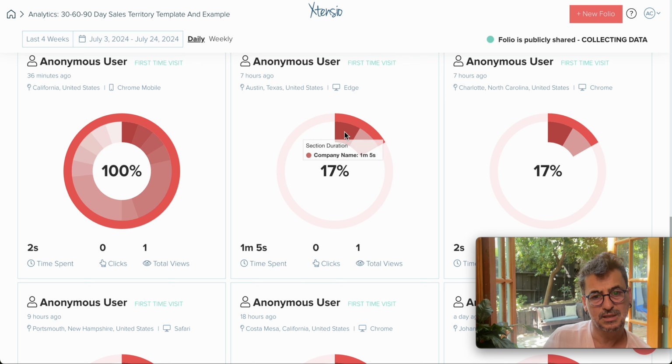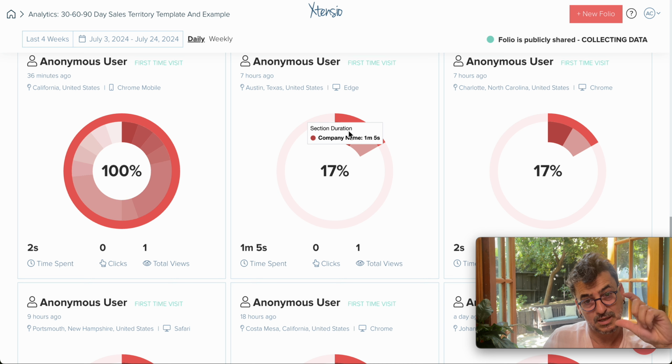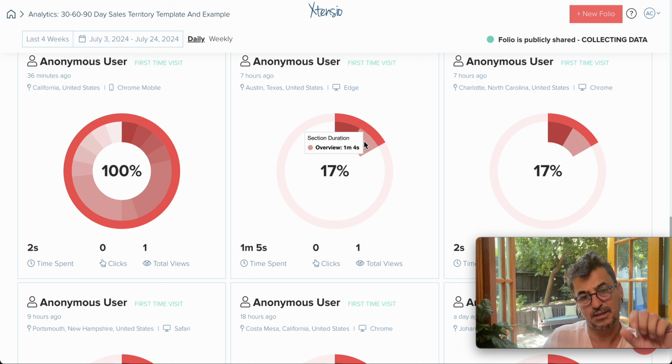And as you can see, when you mouse over these sections, this user, for example, has seen 17%, 2 sections of this folio, and has spent on average 1.4, 1.5 seconds on those sections. Remember, because Xtensio sections can be different heights, there's a use case where multiple sections are on the screen, so you get to see if they're seeing 2 things at the same time, then this time per section shows for